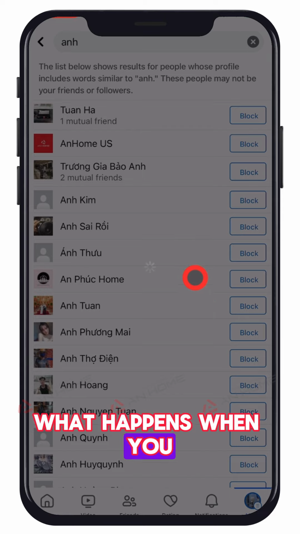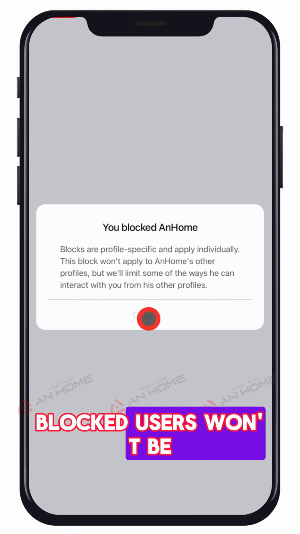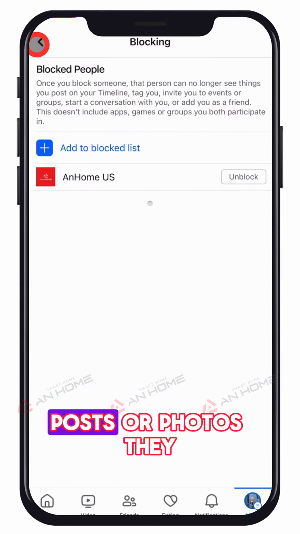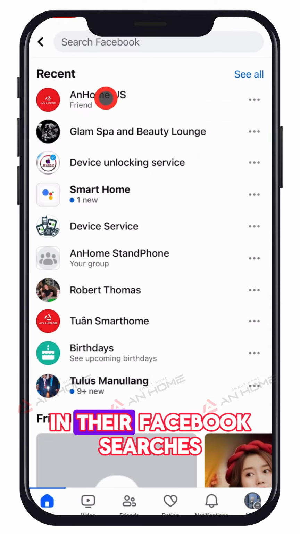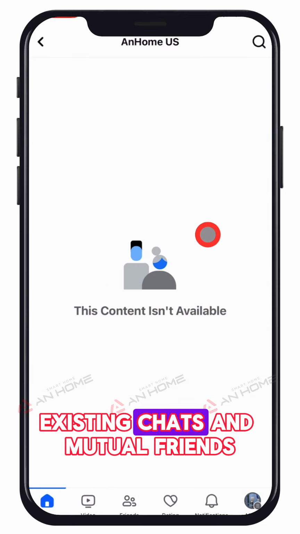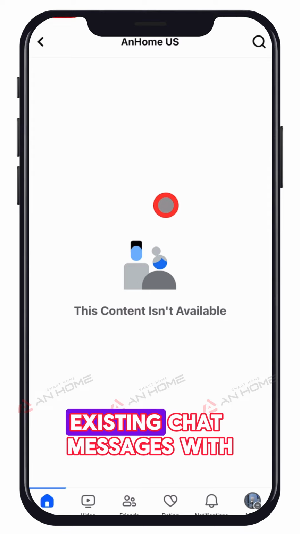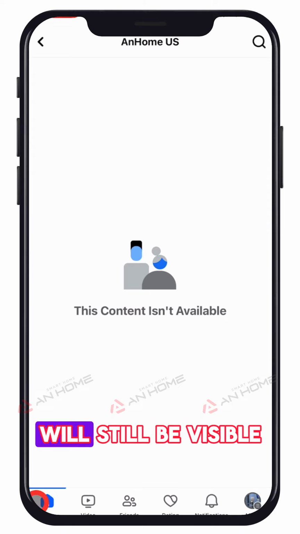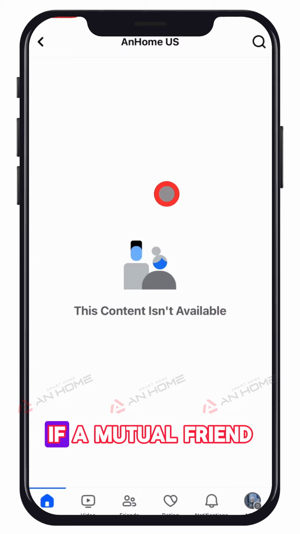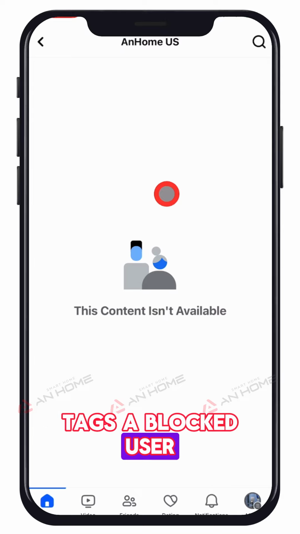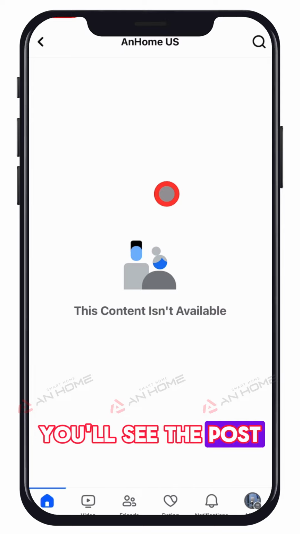What happens when you block someone? Blocked users won't be able to see your profile, posts, or photos, they can't text or call you, and you won't appear in their Facebook searches, existing chats and mutual friends. Existing chat messages with the blocked user will still be visible, but neither of you will be able to send new messages. If a mutual friend tags a blocked user in a post, you'll see the post on your friend's